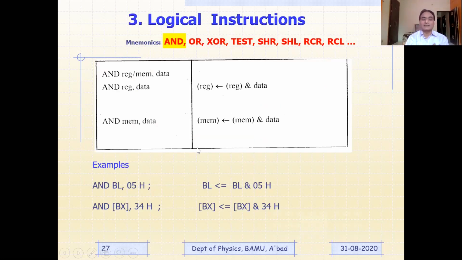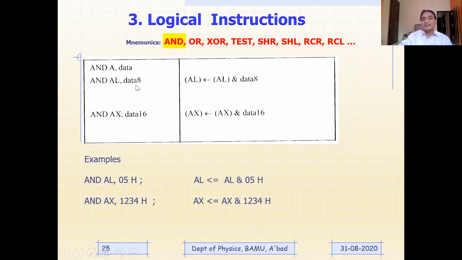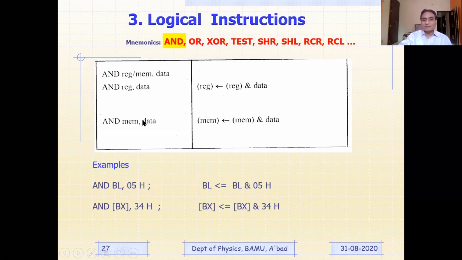And third category of AND instruction is going to be AND register comma data or memory comma data. It means this is going to be immediate data, and destination can be either register or memory location. यहाँ पर हमने देखा कि the destination will be always either AL or AX, and source can be your data, 8-bit data or 16-bit data. अब इस example में क्या है? हमारा source तो data है, it can be either 8-bit or 16-bit, but destination can be either register or memory location.